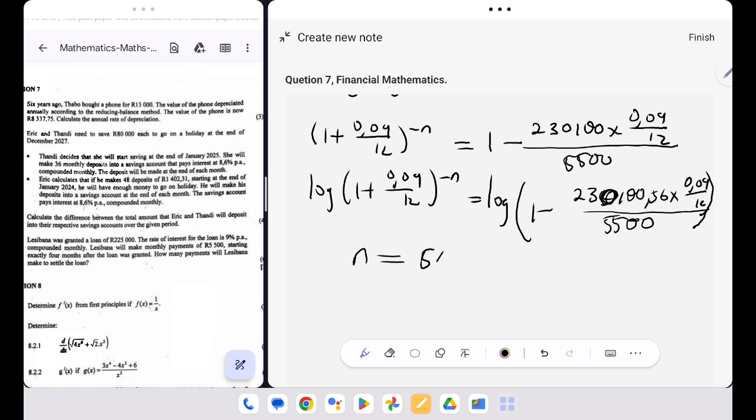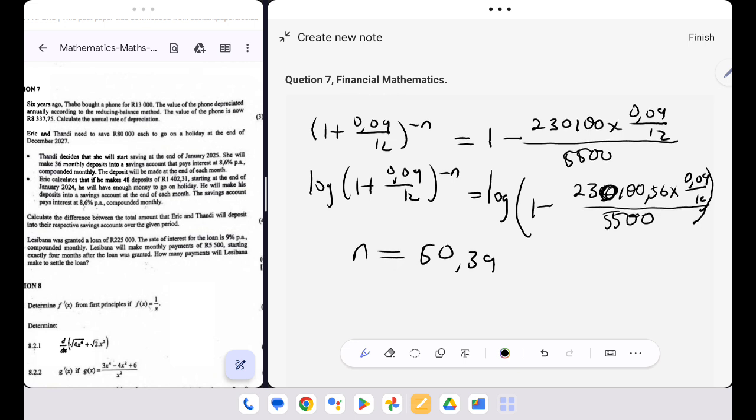I'll get 50.39437. Since I didn't get an integer value, this simply means that I will